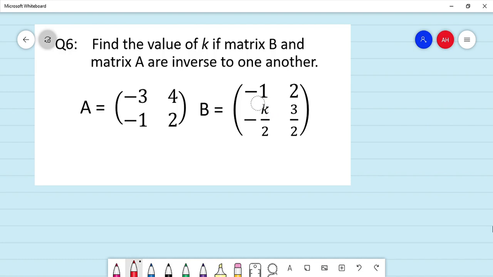There are many ways you can solve this problem. One of them is by finding the inverse of matrix A and then comparing that inverse with matrix B. Okay, let's do that first. To find A inverse, first we need to find